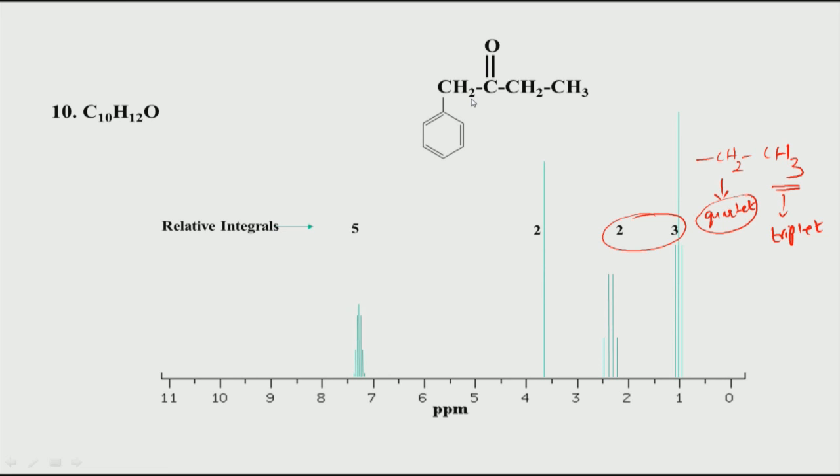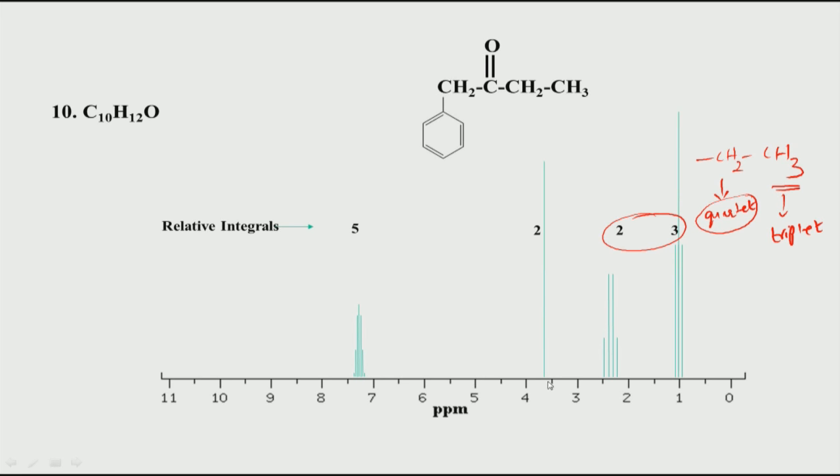This is an isolated CH2, isolated because the nearest hydrogens for coupling on this side and on this side are the ortho protons, and all of them are 5 bonds away. This is 5 bonds away, and this is more than 5 or 6 bonds. Therefore, we do not expect any coupling. So, this is an isolated CH2 methylene group, and that is what is showing a singlet,